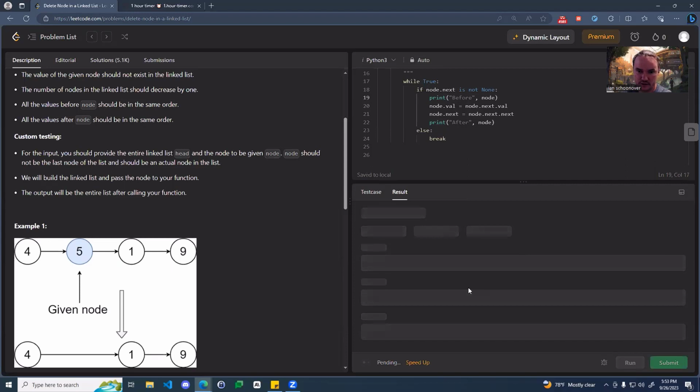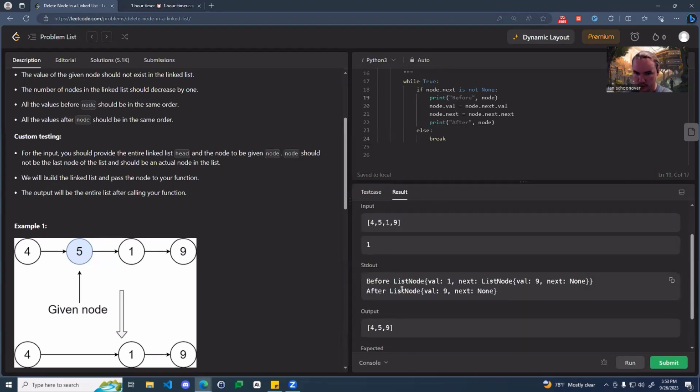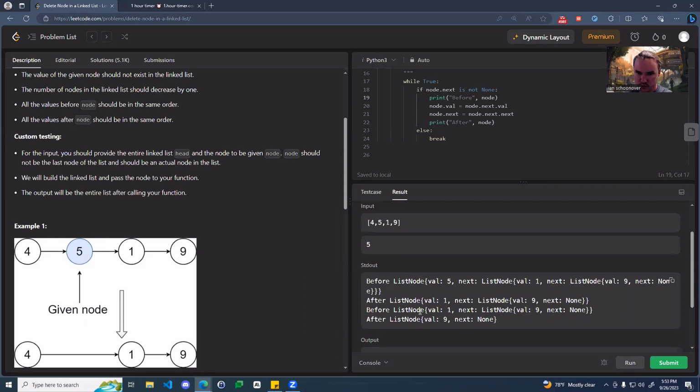Now we can look at it and see. This one does it once, this one does it twice. Okay, so when the node.next is not None, it's going to print the node before any mutations, and then it's going to print it after. So currently, the very first iteration, this is what the node looks like. It's got 5, it's got 1, it's got 9. And then after we've done our mutations, it's 1 pointing to 9. And then the node here, here's the problem, is we're iterating over the same node. So